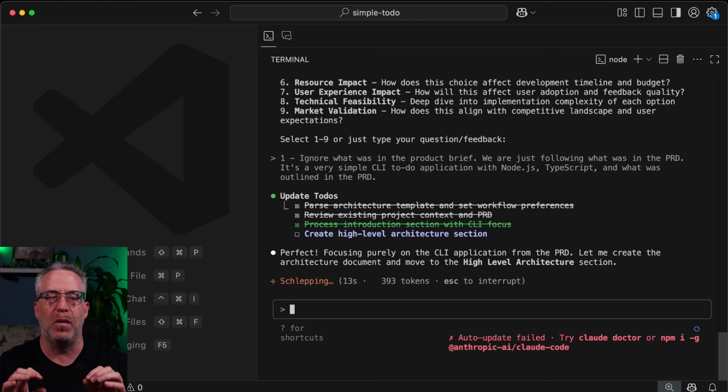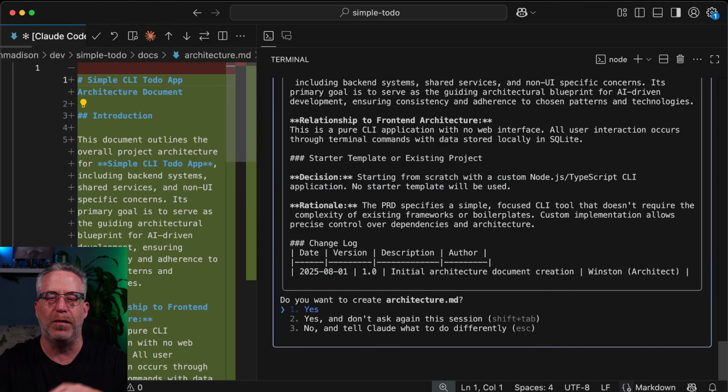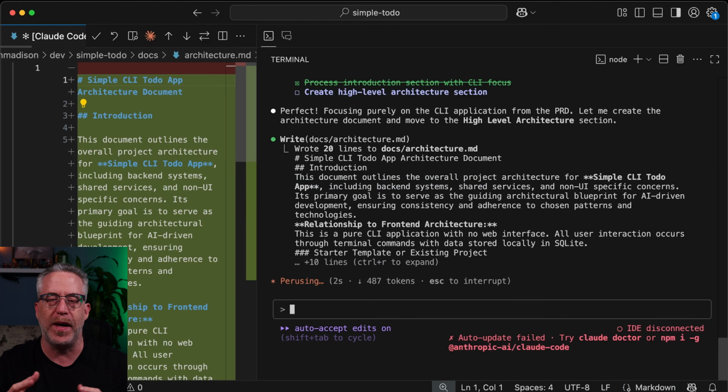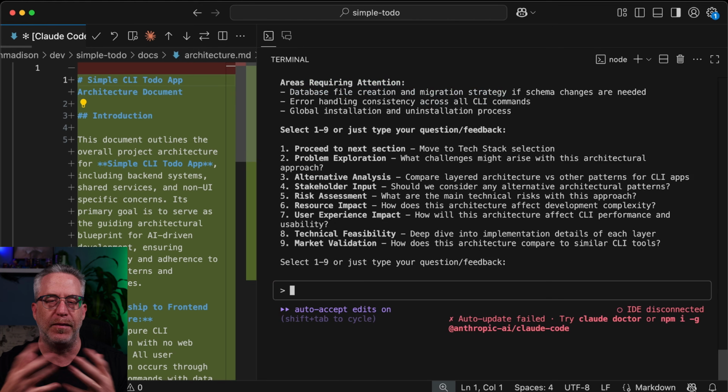Now, let me give you a tip on working with the architecture, regardless of what actual IDE or system you're using. You want to use the best model you can. I'm showing you that this can be done in the $20 version of Claude Code, but I would recommend, especially on a more challenging architecture, use Opus or whatever powerful model you have, because you will get potentially better results. Or do this in the web with Web Gemini, save your credits, and then just get into the IDE after we have our architecture. But I actually enjoy doing the architecture here because, as you can see, yet again,